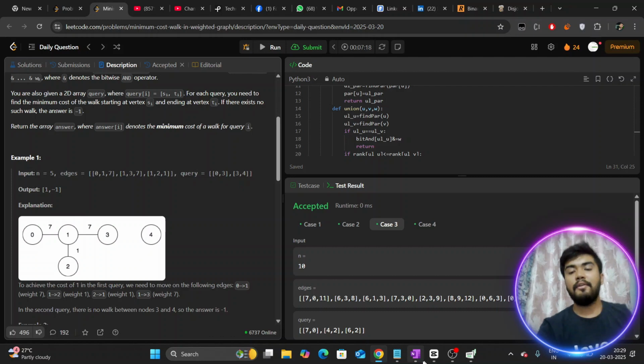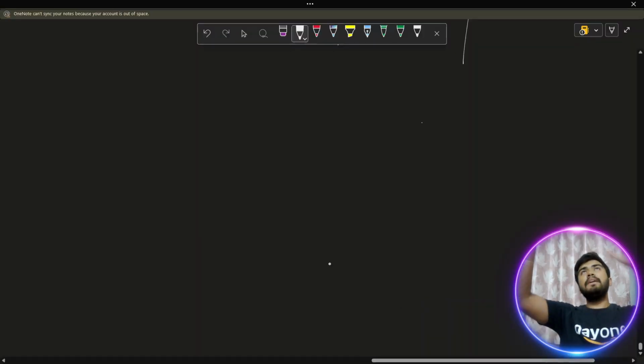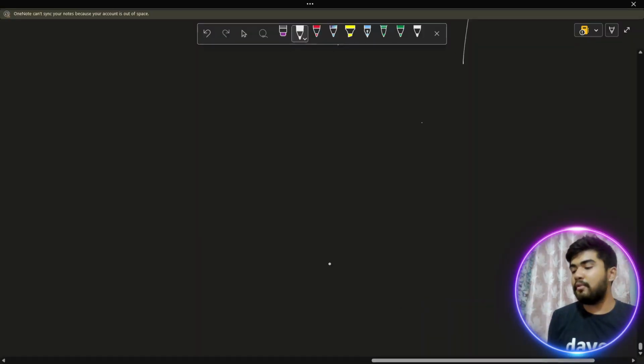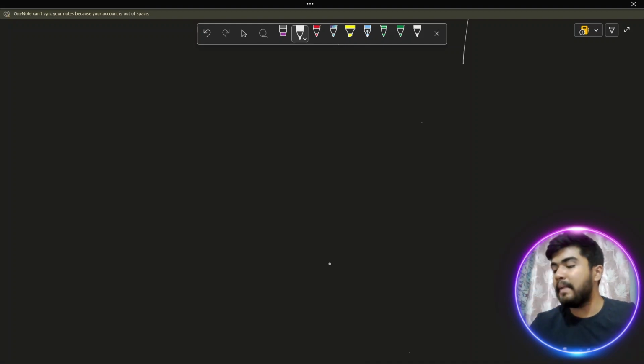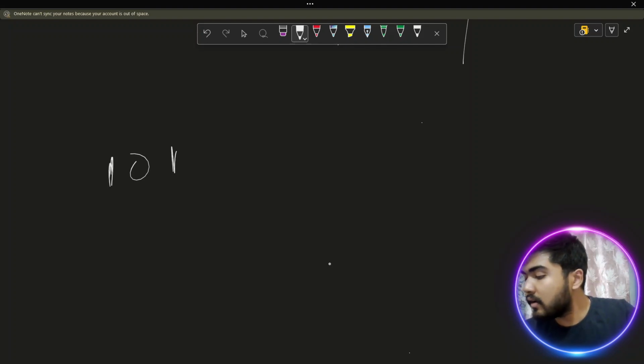Now let's go to the OneNote. So we have to minimize the bitwise AND, and tell me, when is the bitwise AND altogether going to be minimized? Tell me these things. So if I start writing these things, 1 0 1,